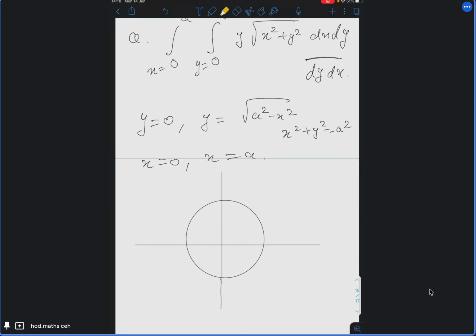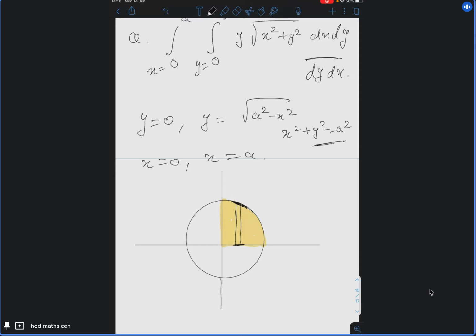And what is the region of integration? This is the region of integration, because in Cartesian coordinates, which strip have they taken for the limits of y? Vertical strip they have taken. Now this strip they have taken, is it or not? So that's why y is equal to 0 to y is equal to this curve, from here you will get y is equal to root over of a square minus x square. Based on those limits only, we are describing the region here. Not based on the region, we are describing the limits. Limits are given, that's why we are able to decide the region here.